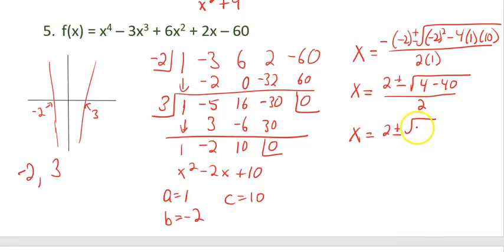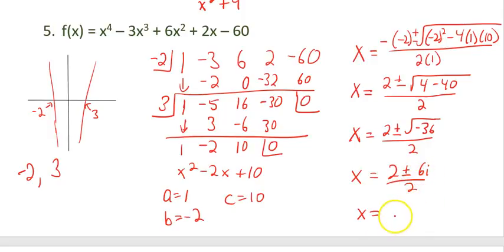4 minus 40 would be a negative 36. And then negative 36 underneath the square root, we learned from our complex numbers lesson, would be a 6i. So 2 plus or minus 6i over 2. I can reduce these because 2 and 6 all have a 2 in common. And if I reduce them all by 2, I get 1 plus or minus 3i over 1, and we don't